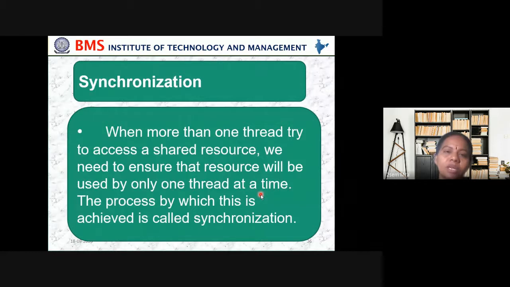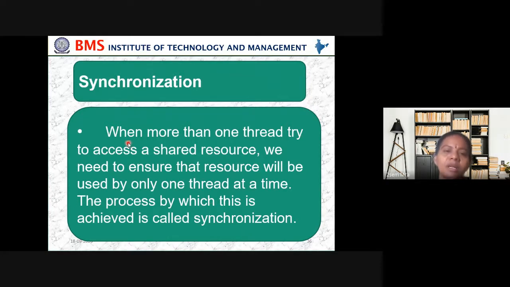All 60 students should be using only one link. It should not be mixed up with the fourth semester or the sixth semester. The process by which this is achieved is called synchronization. At one particular time, only one resource should be given to one particular thread. This concept is called synchronization.